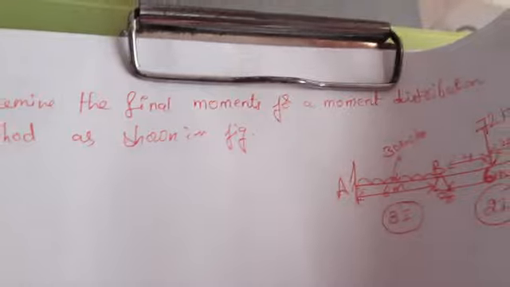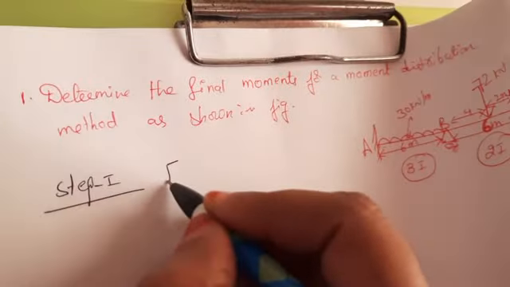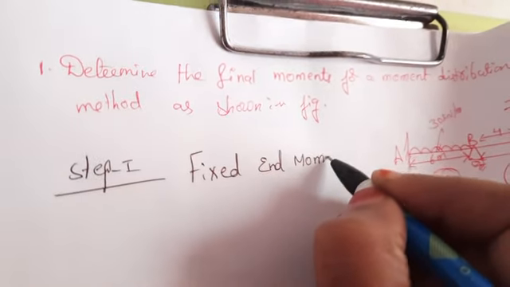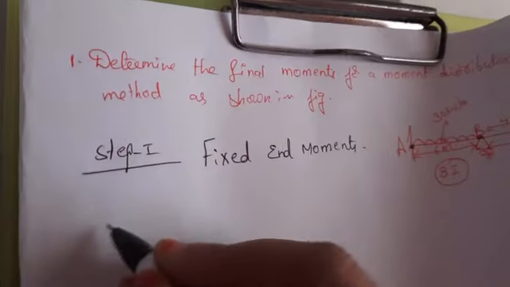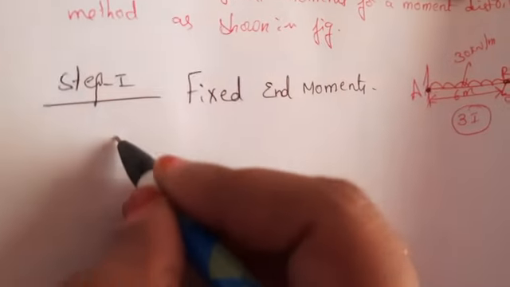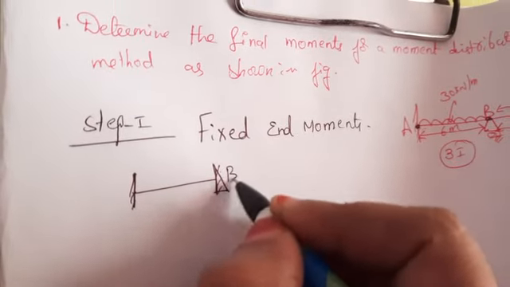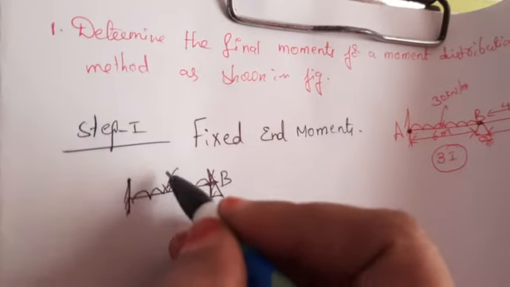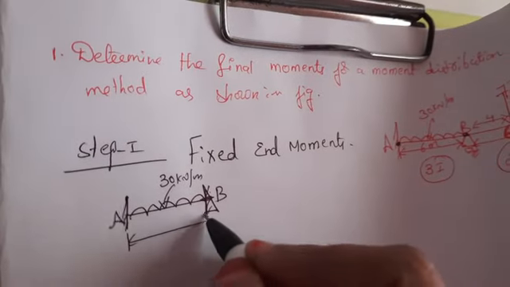For any type of problem, the first step is to go for the fixed end moments. Okay, step 1, we have to find the fixed end moments for the given diagram. How will we calculate the fixed end moments? First you have to calculate the fixed end moments for AB. If you want, you can draw separately and then calculate. For AB, whichever type of support, directly you have to take that beam and that load, and the distance is 6 meters.